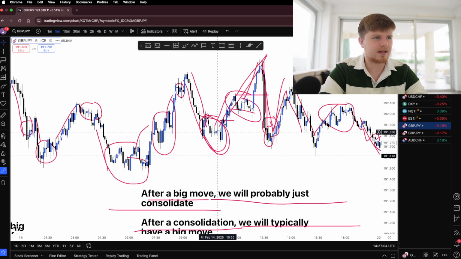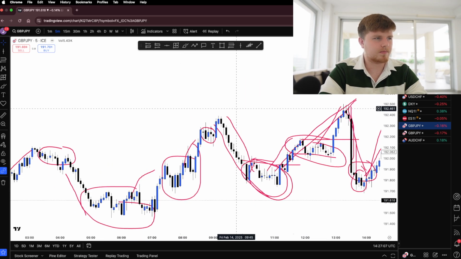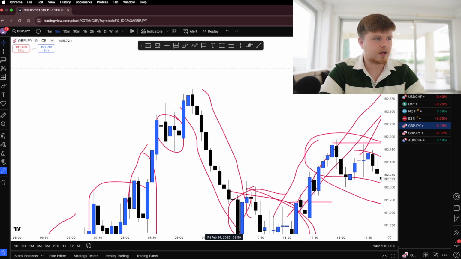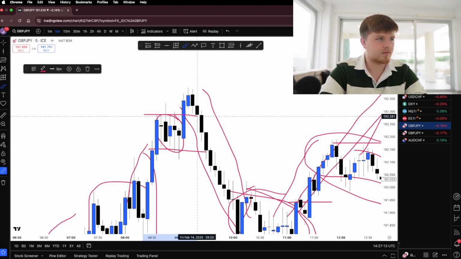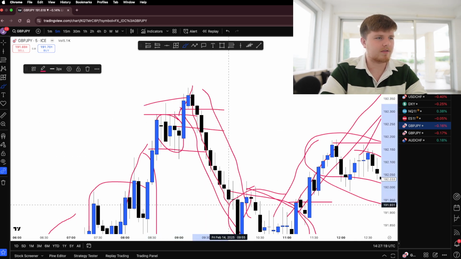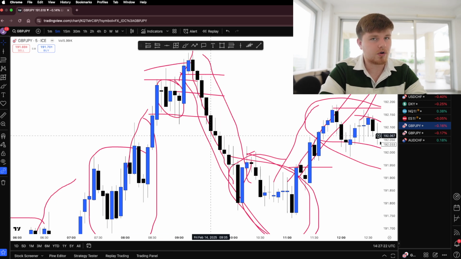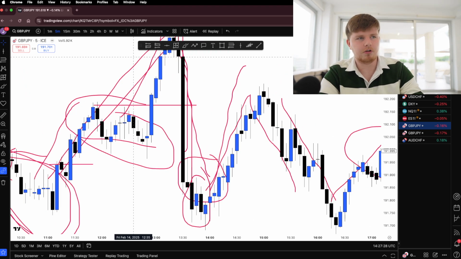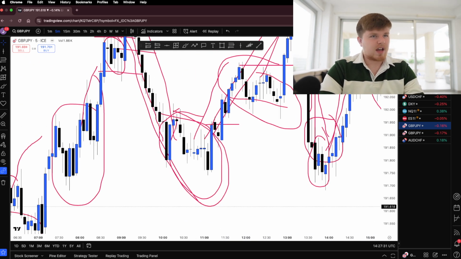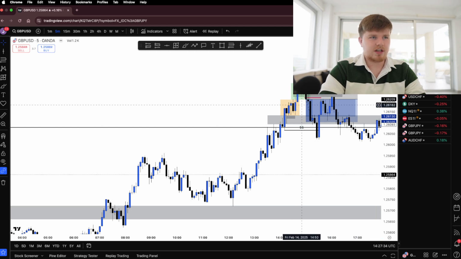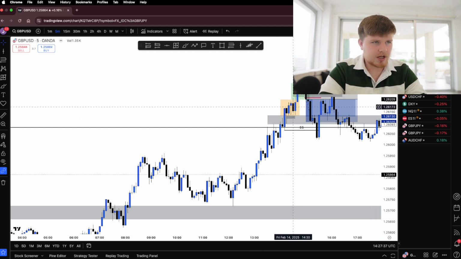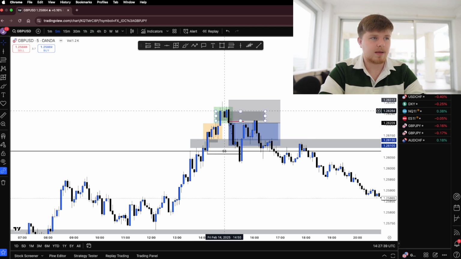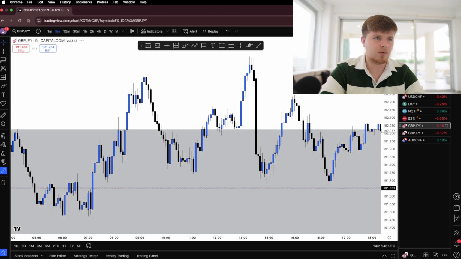And you can see it here, you can literally see it everywhere. Like here in this example right here, we have a very nice accumulation. We then manipulate, push up, take out all this liquidity. Then we get the FVG, and then we have a nice big move down. We caught this on stream, then we caught this one as well, not on stream, but in the private group. And the same thing happened on GBP USD as well. This is literally a trade we caught live. We had a nice accumulation, a consolidation. We then pushed up and had a big move relative to the consolidation that we had. So now if we go back to GBP JPY,